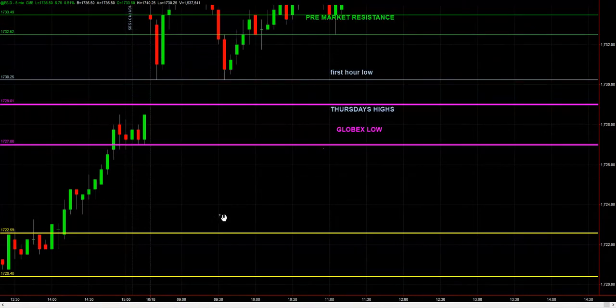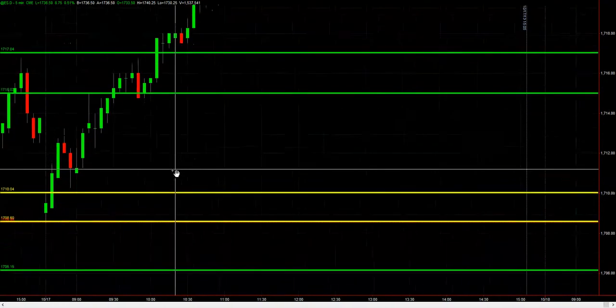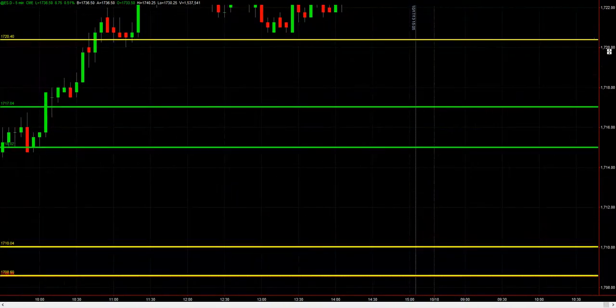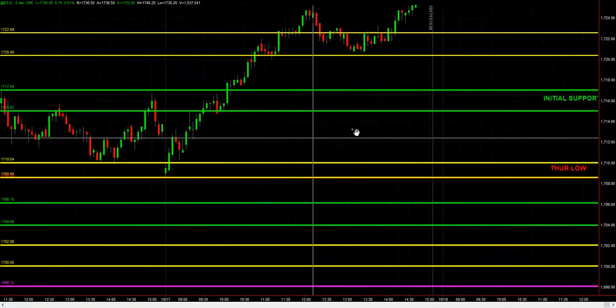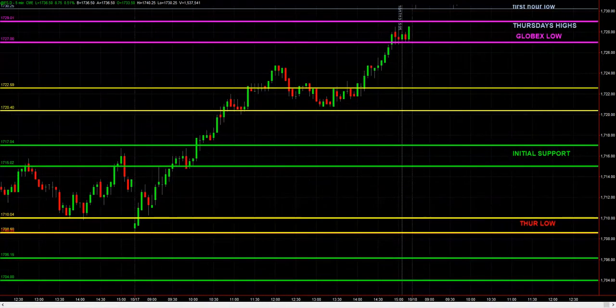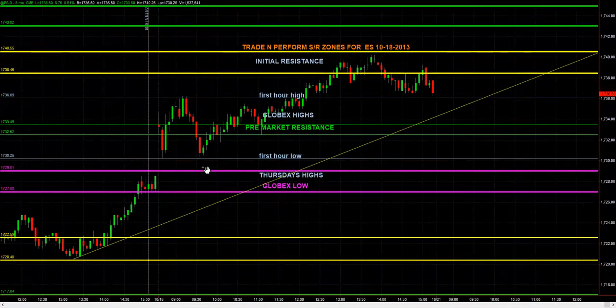So the first thing that we look at is yesterday's uptrend. Let's see if we can squeeze this in a little bit. If we look at Thursday, we take a trend line, and I pull it up like that. Then I look at what's going on today, and we still solidly held this trend line. So the first thing that I know coming into the day is that in order to get any serious downside,